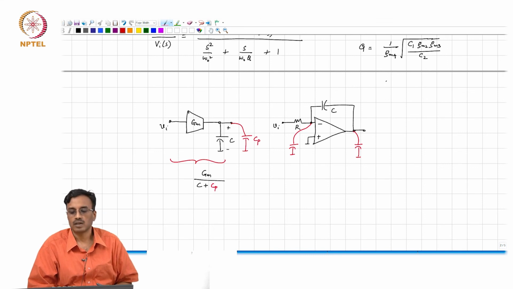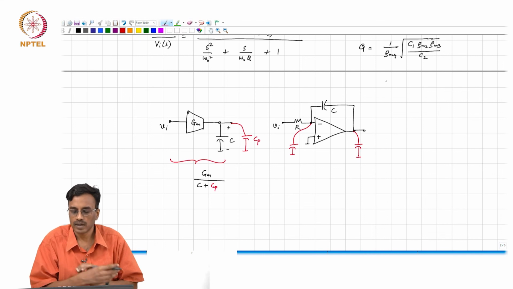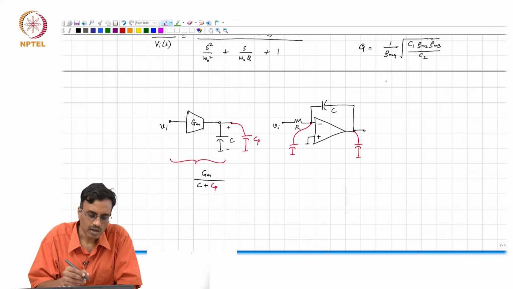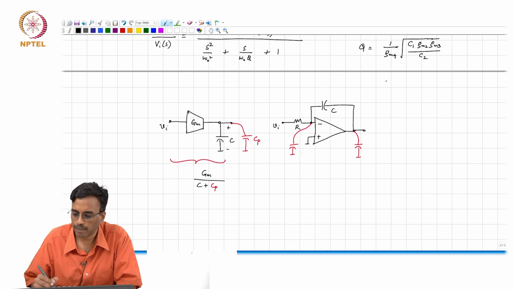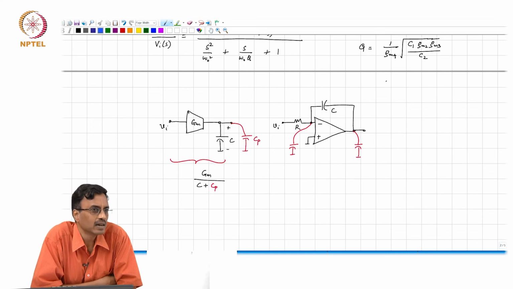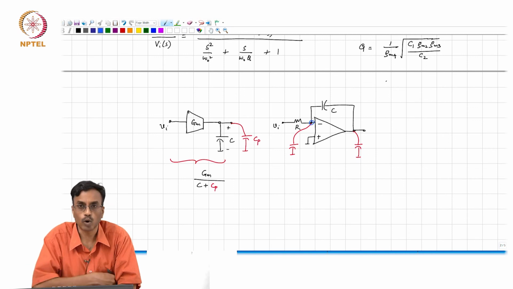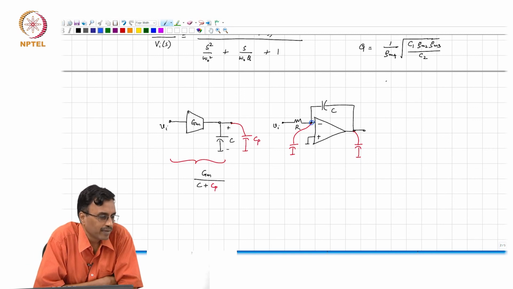So, if the GMC has got this problem, then the obvious question is why bother with GMC filters at all? And it turns out that, remember, all the nice things about the op amp RC filter are predicated on the fact that we have an op amp which behaves like an ideal one. If the virtual ground, if this node is not really close to 0, then all the benefits of an active RC integrator go for a toss. So that's an issue. So what we do therefore is